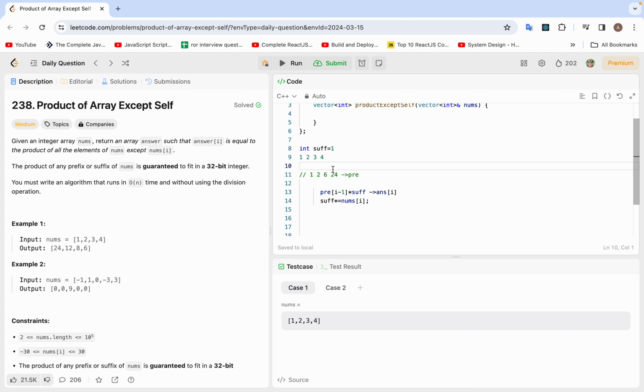So for that, this is the second array. This was the first approach, this is the second approach. But for doing it in O of 1 complexity, what I can do is,